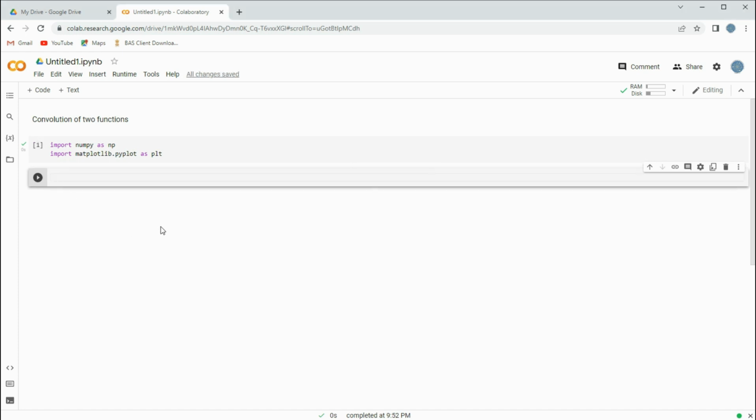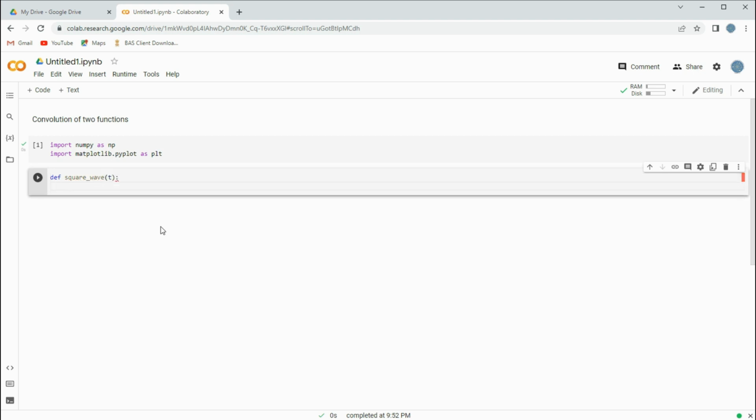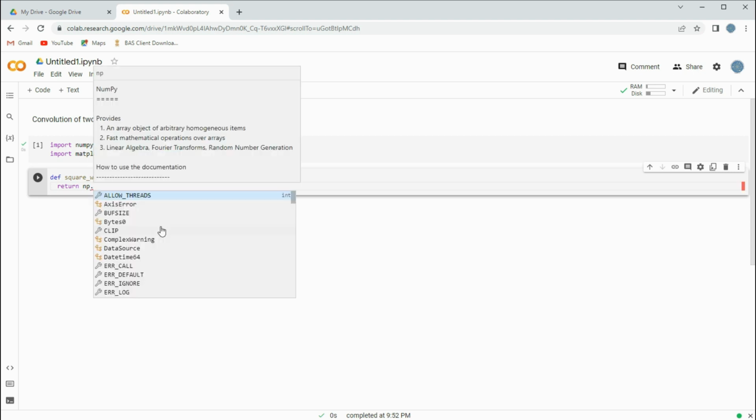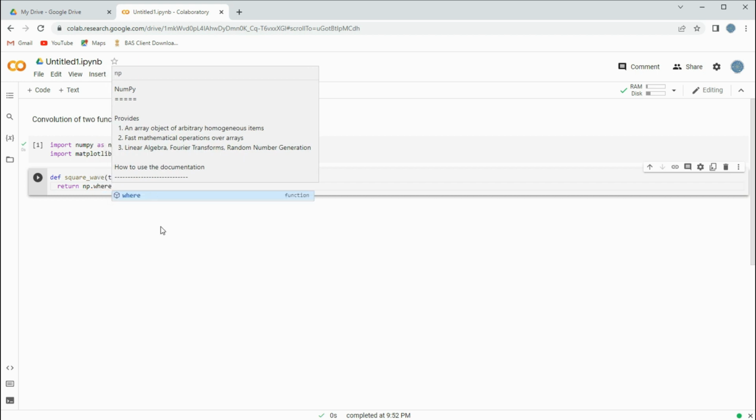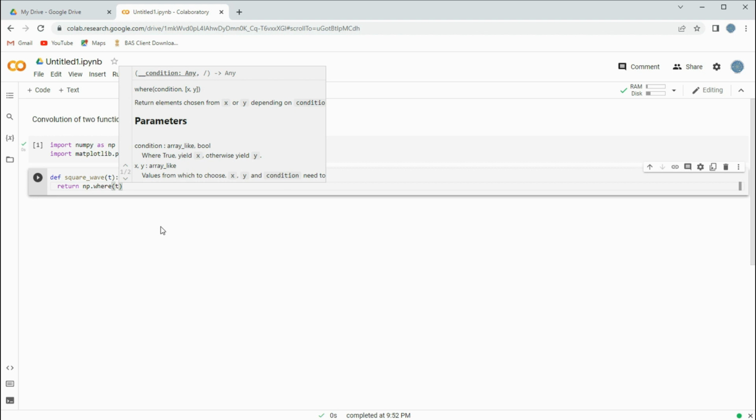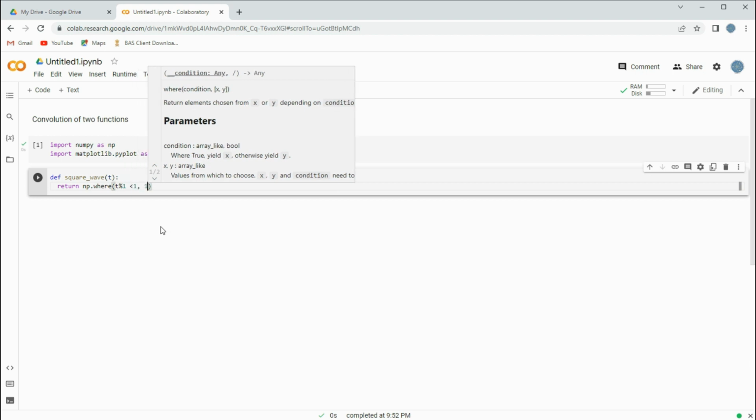So let's start in the same way. We'll first define the functions. Square_wave, let's say, and in brackets we'll write t, and then it should return np. Obviously you have to write np here. np.where, obviously we'll have to apply some condition, where in brackets we'll mention t if t is divided by 1 and this division is less than 1, say, then it will return a value 1, otherwise it will return a value -1. Okay,